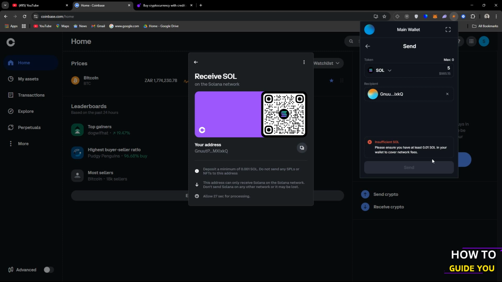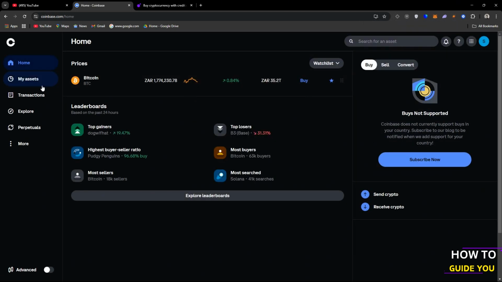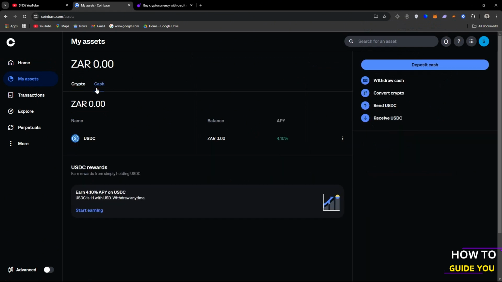So now technically you have successfully done your withdrawal, as it will now appear in your Coinbase. But if you want to actually withdraw the money to your bank, what you're going to have to do is go to My Assets. You can click on Cash and you'll see you have the Convert Crypto option and you